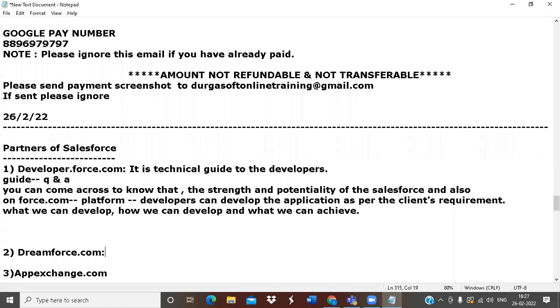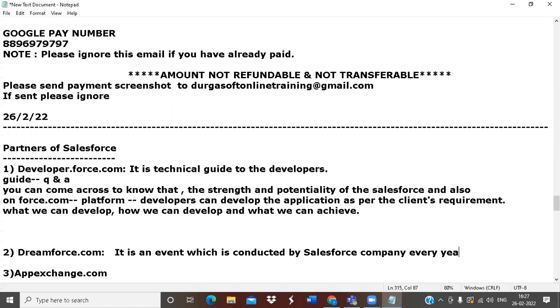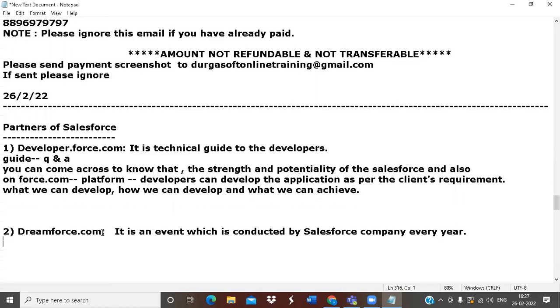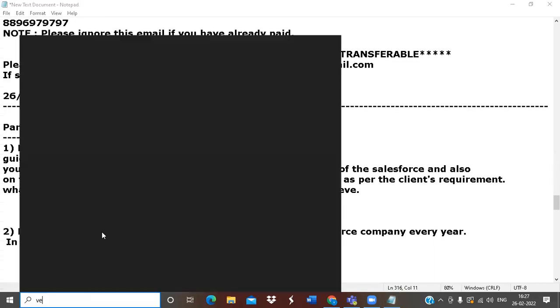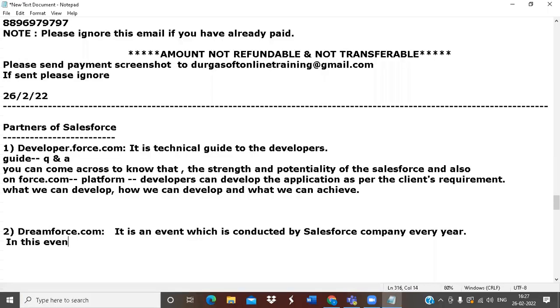Dreamforce.com. What is the exact meaning of Dreamforce.com? Dreamforce.com is an event which is conducted by Salesforce company every year. In this event, across the globe, from all the countries I'm talking, across the globe,